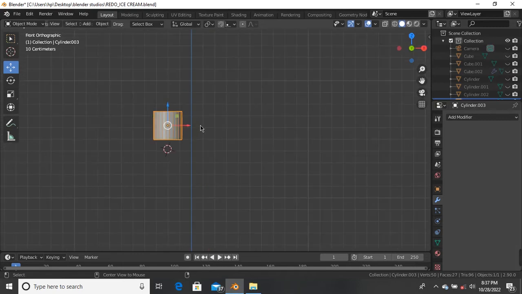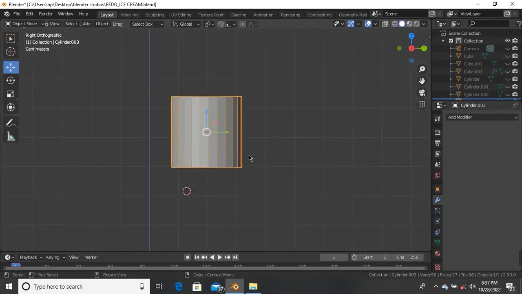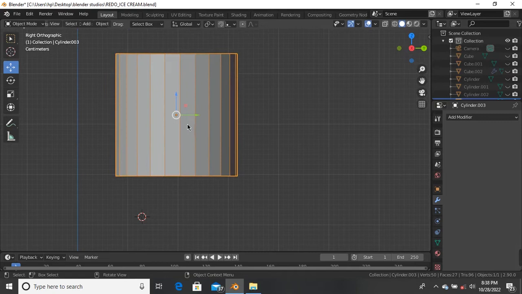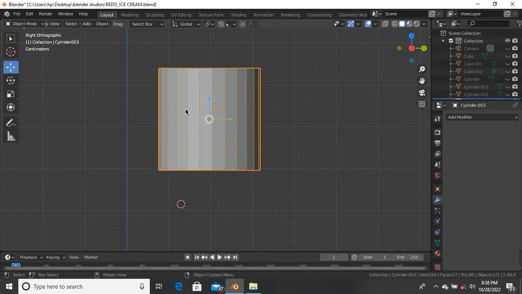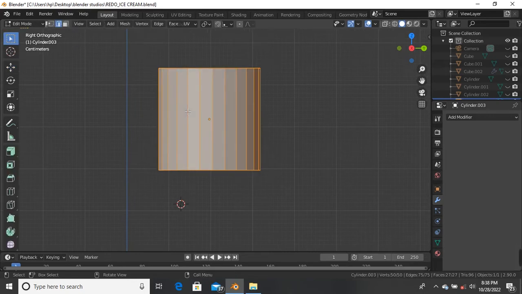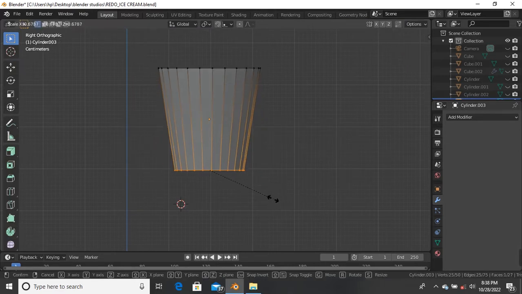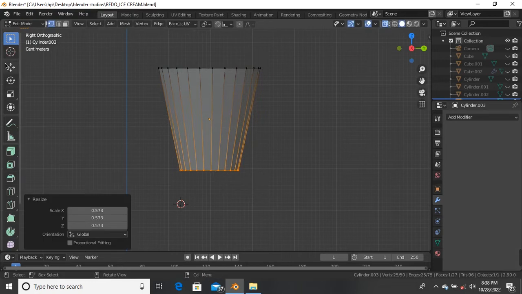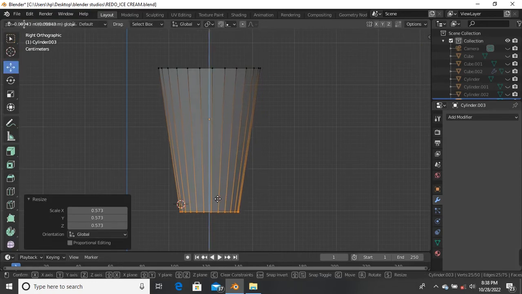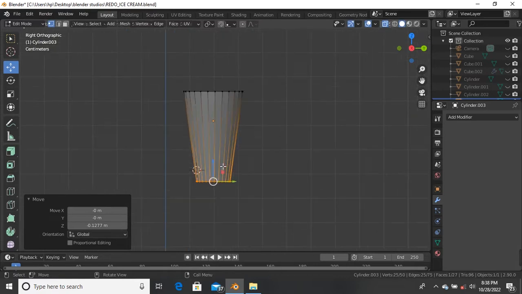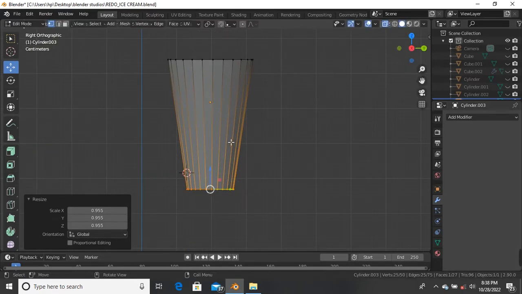Now on your keyboard you can click 3 on your numpad, 3 to go to the right orthographic view. And now I want to model a cup, so I will press Tab on my keyboard for edit mode, 1 for vertex selection, Alt Z for wireframe mode. First thing we'll do, select all these vertices down here and scale, S to scale, and let's move this downwards a bit, S to scale again,